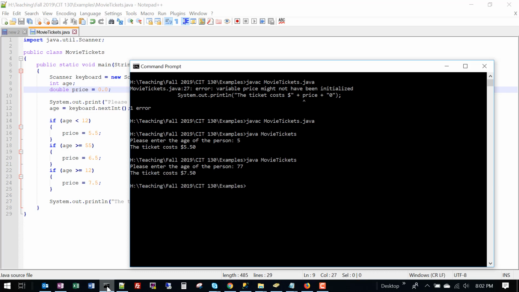What we get is the wrong answer. So what we call this is a logic error. This is a problem in the way we wrote our program. The program works, but it doesn't give the right answer in some cases. Now, if I go to a regular adult, say 49, we expect $7.50 and we get $7.50. So it seems as though the senior citizen price is messed up. The reason that is